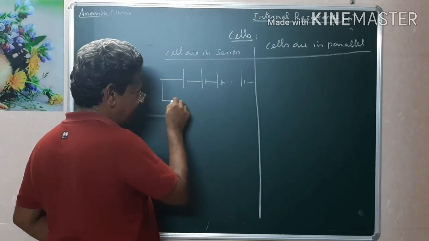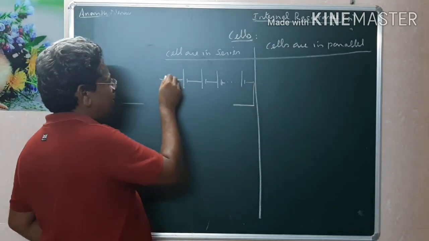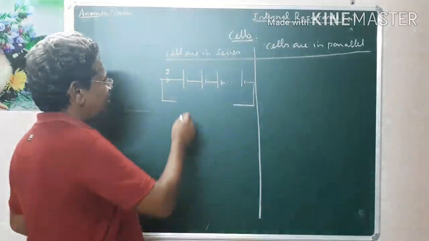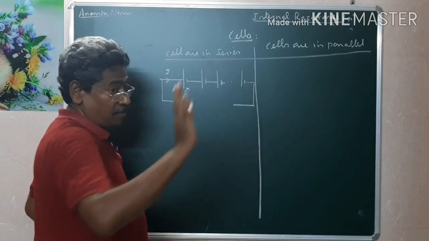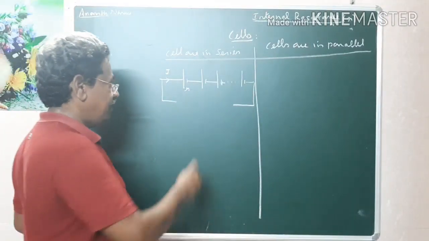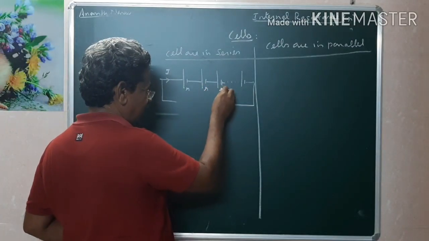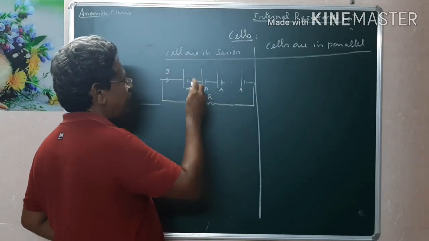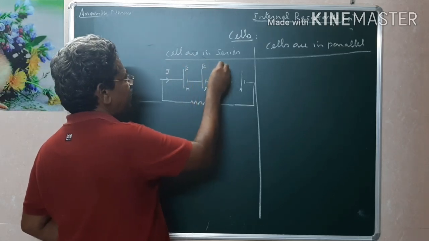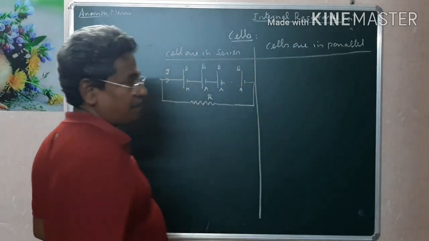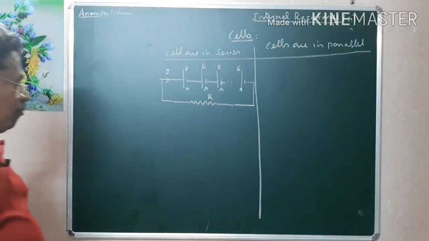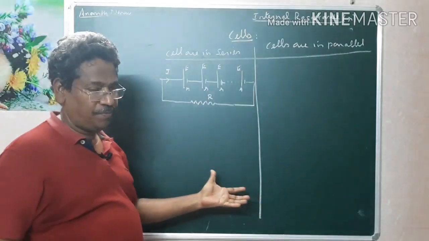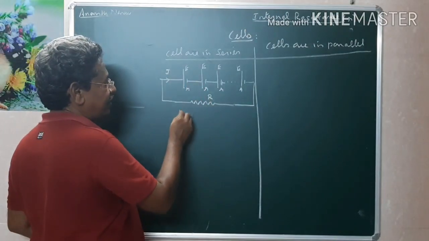Assume that there are N cells connected in series, such that the current through each cell will remain the same. Suppose all the cells are identical, then the internal resistance of each cell is r, connected across an external resistance capital R. Each EMF is E. Therefore, our aim is to write an expression for the sum of all these. When the cells are connected in series, current I remains the same.